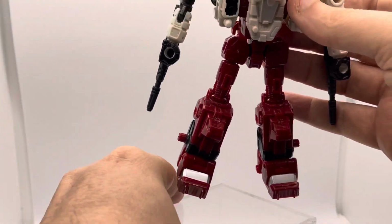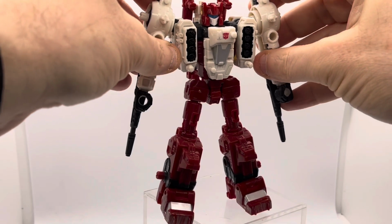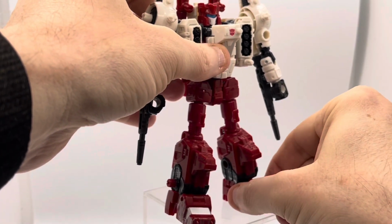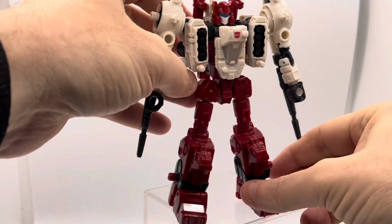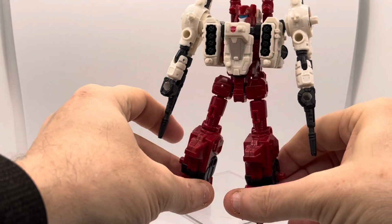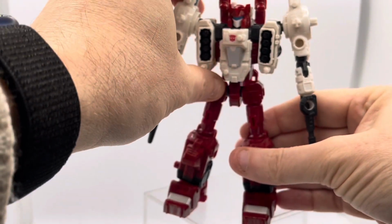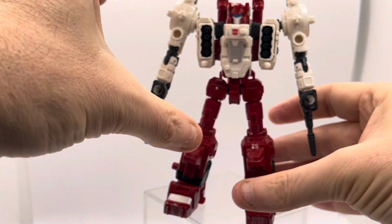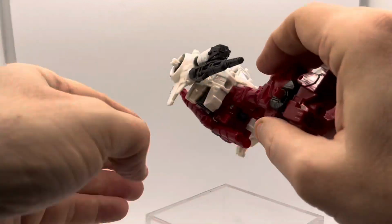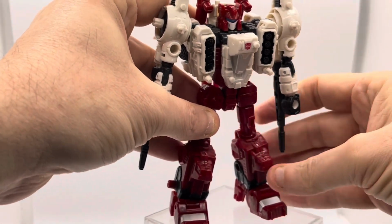I'll just put this stand here so we can have him slightly more in shot and a better shot to boot. Let's just adjust him so that we can actually have him stand up, which I'm sure he will do once we get him all nicely square there. No, he's actually standing up just about as well as his G1 counterpart would stand up, dare I say,